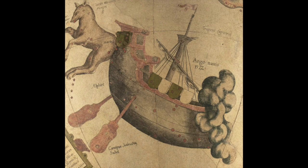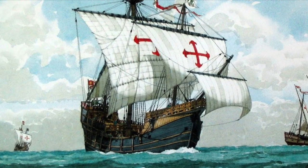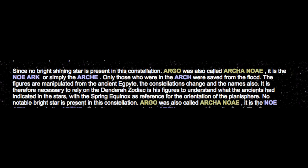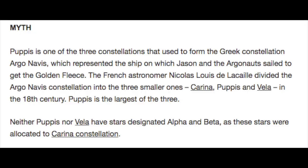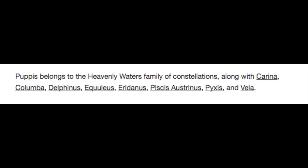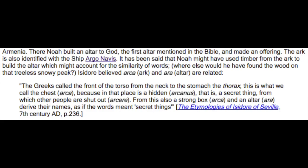And some even argue that Argo goes back even further to Sumerian times, when during the Epic of Gilgamesh it was used as the primary vessel in that legend and that archetype of Noah's Ark. I really thought it was interesting, the sheer number of layers within this hooked X mark, and the center of itself has its own depth between generations, from Sumerians to Osiris to Judaism and Noah's Ark to the Christianity stories